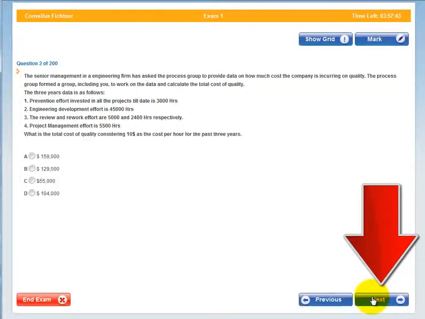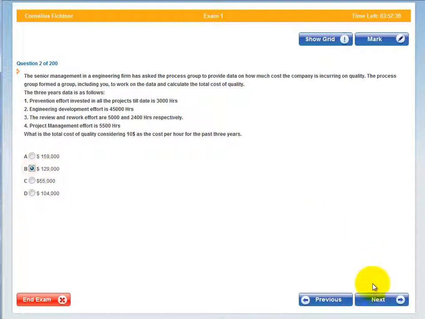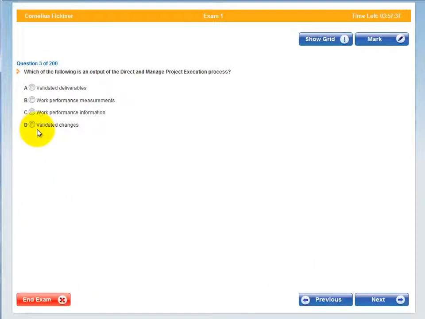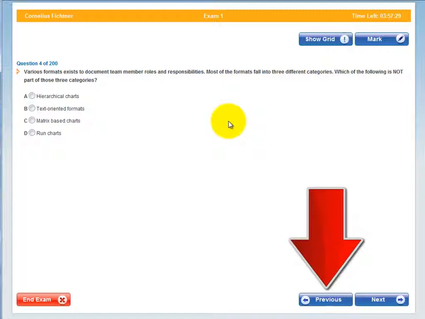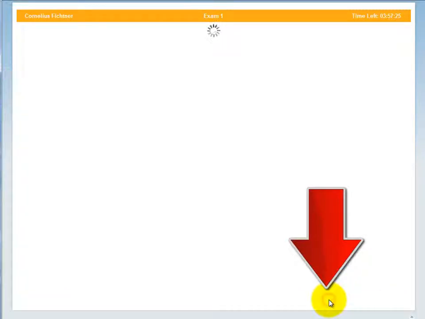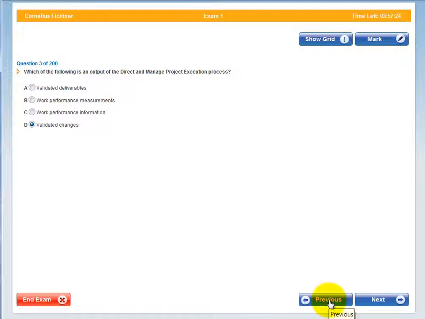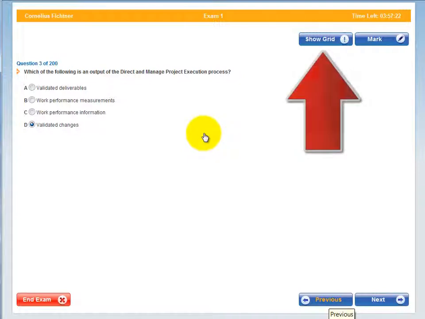Let us click on next and move on to the next question, where we select an answer at random here. We move forward to the next one and we just go through the exam in this fashion here. Now, did I select the correct answer in question 3 just a moment ago? Well, let's click on previous and go back here. And yeah, I think that could be the correct one. Obviously, I'm just selecting answers here at random.